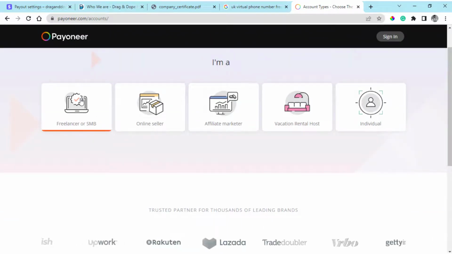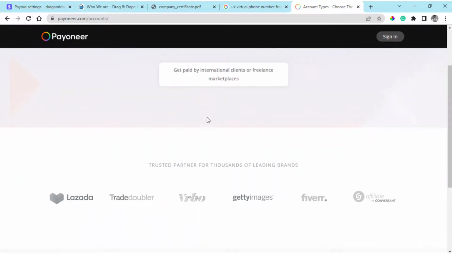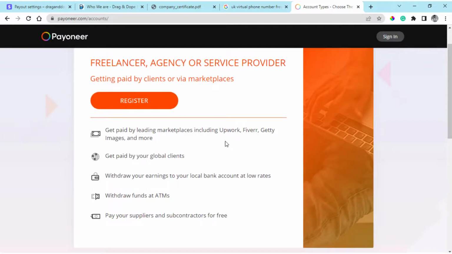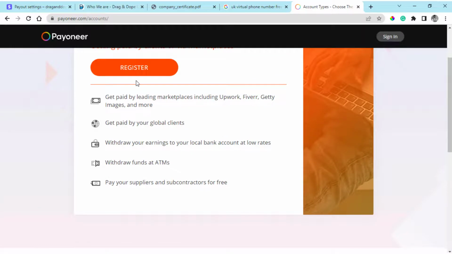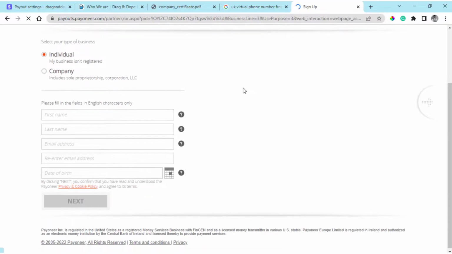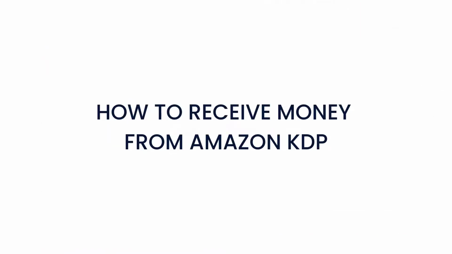Though that account should have been able to receive money directly from any individual, because of some security reasons and to prevent scam, they don't allow you to give that account to individuals to receive funds. So it's basically for B2B, business to business transactions. And that is okay. So I'm already answering another question here, because some people have this issue of when they create their Amazon accounts, their KDP, they are not able to receive money. So they get paid, they can see the money on their dashboard, but they can't receive into their Nigerian account